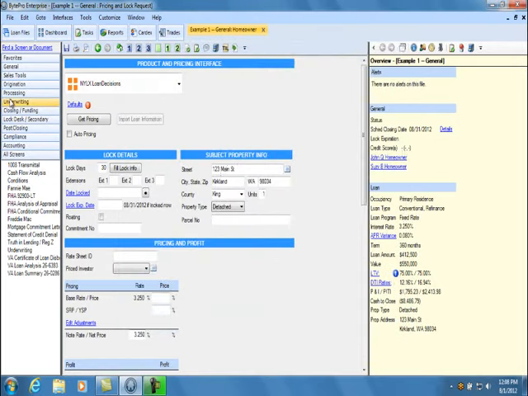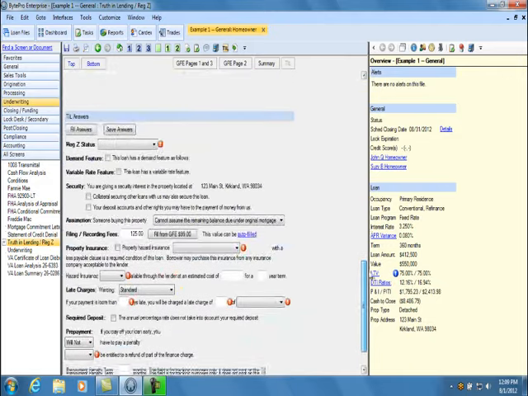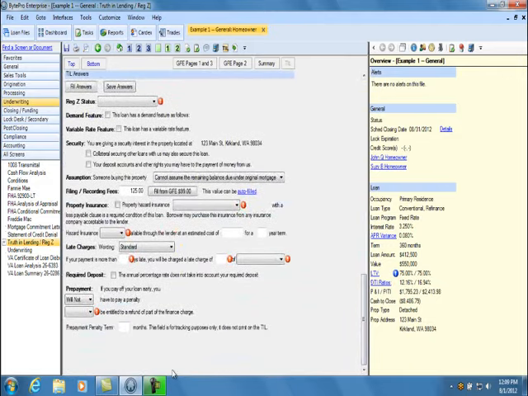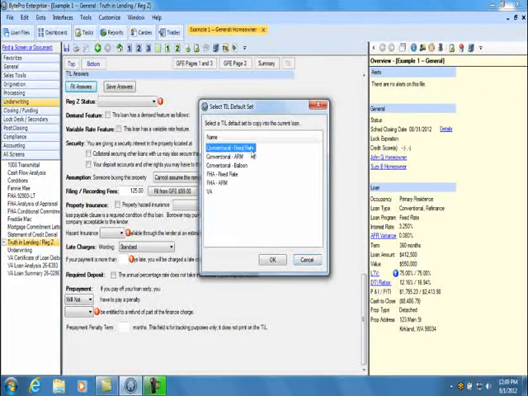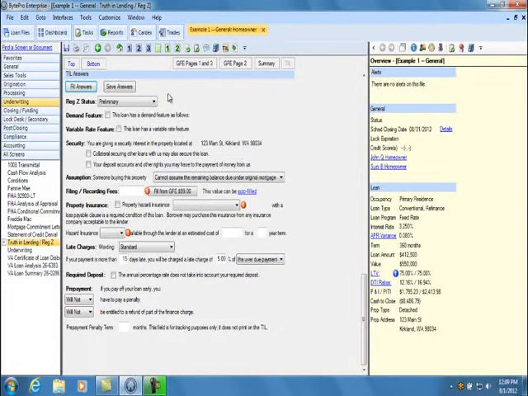Now let's go to our Truth in Lending. Scroll down. You'll see this is this bottom section here. When I create those default sets, all I have to do is hit Fill Answers, choose the default set that I want to use, and it will fill it in for you. And there you go, those items are filled. And then finally,